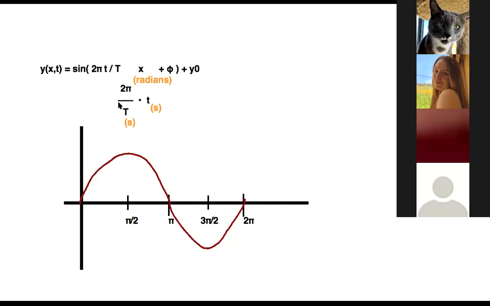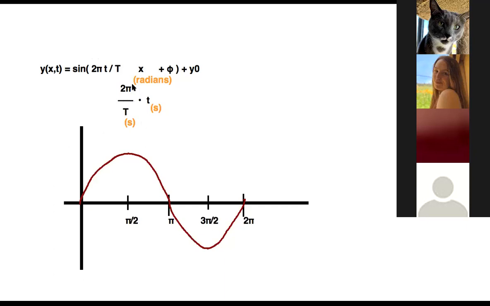So when you multiply these together, what happens to the units? Cancel. Right, the seconds and seconds cancel out. We're left with a radian measure. So time is measured in seconds, but 2 pi times time over period ends up being a measurement in radians. And it has to be in radians in order to take the sine of it. And the whole point of this multiplier is you're converting seconds to radians, but you're maintaining the same fraction of